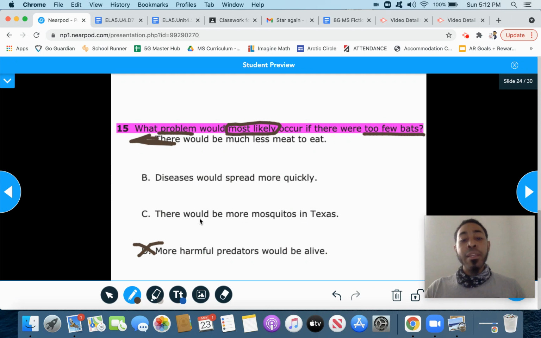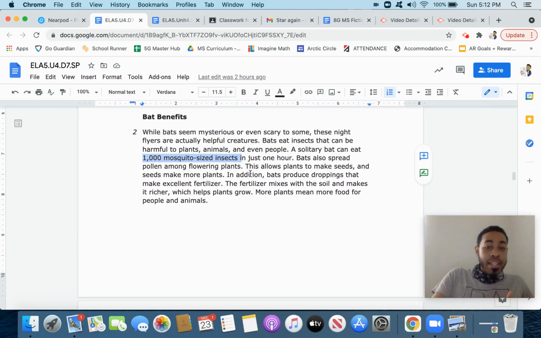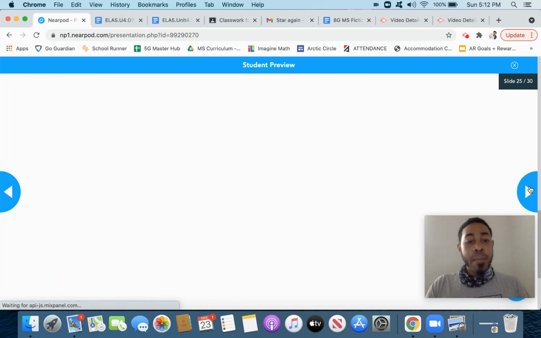Mr. Reed is going to say there would be more mosquitoes in Texas. Okay, and I read that because, well, here's my evidence, right? They eat mosquitoes, mosquito-sized insects. Okay, so since bats eat mosquitoes, if there's less bats, there's going to be more mosquitoes. Okay, I'm taking my background knowledge about bats, about what they do, and then I'm making an inference on what's going to be next to come. All right, and on paper, this is